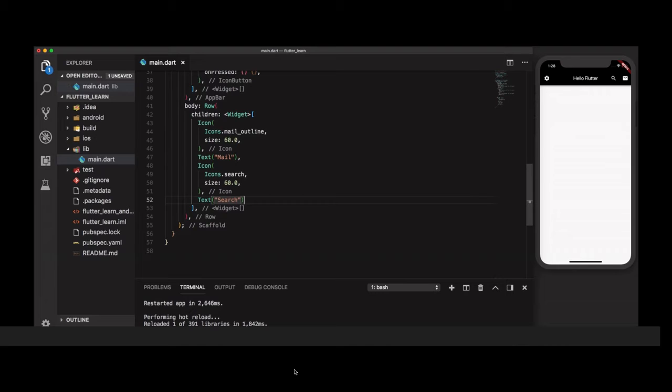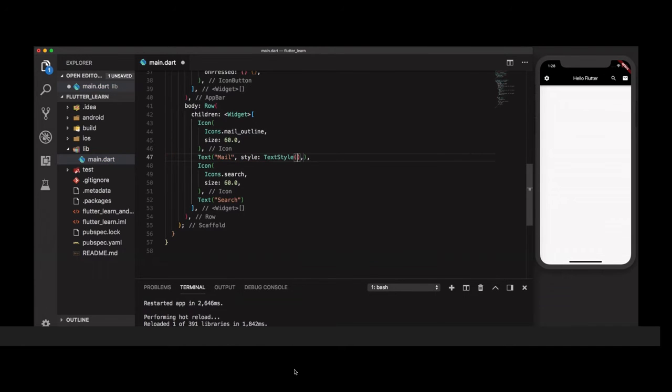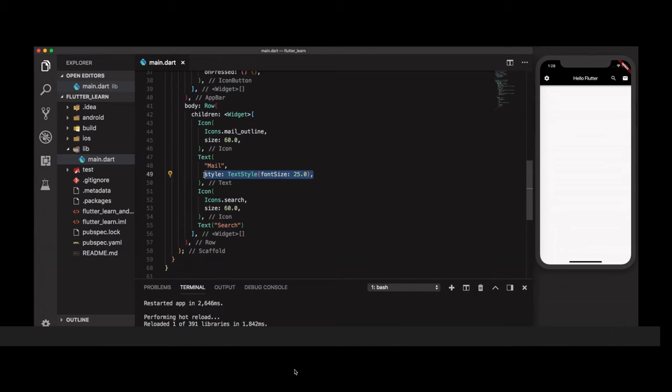Here we are taking a mail icon with a text mail, and a search icon with a search text. Now we are styling a text with a font size. Copy the same style for the search text.